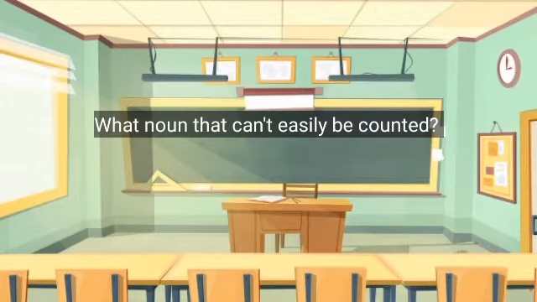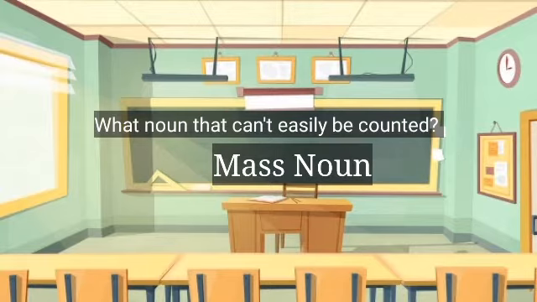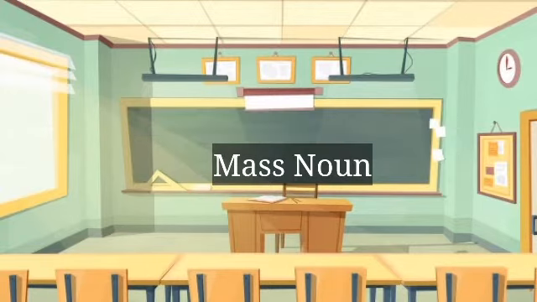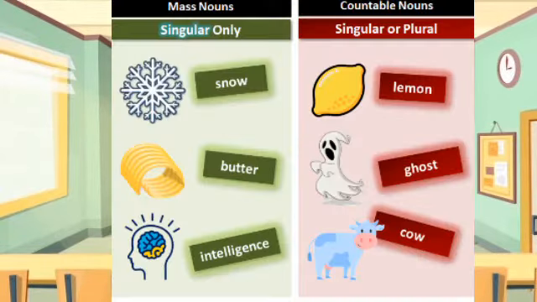What noun cannot be easily counted by numbers? Correct, mass noun. Why is it very important to differentiate mass nouns and count nouns? Exactly. In order for us to identify the things that can easily be counted and the things that cannot easily